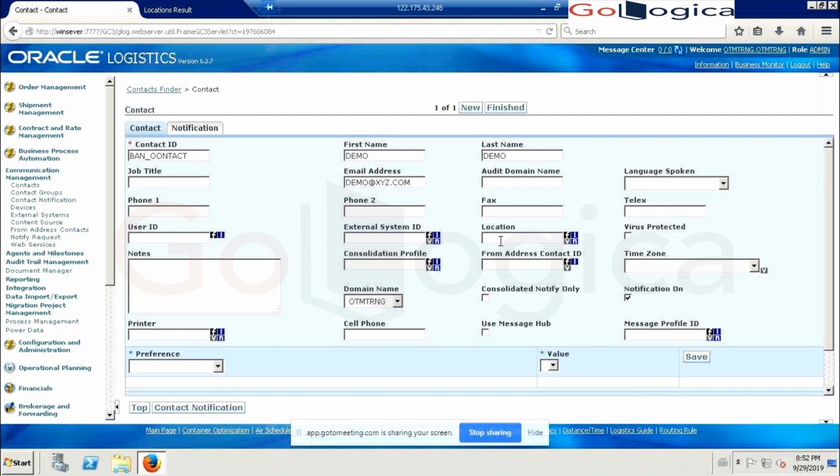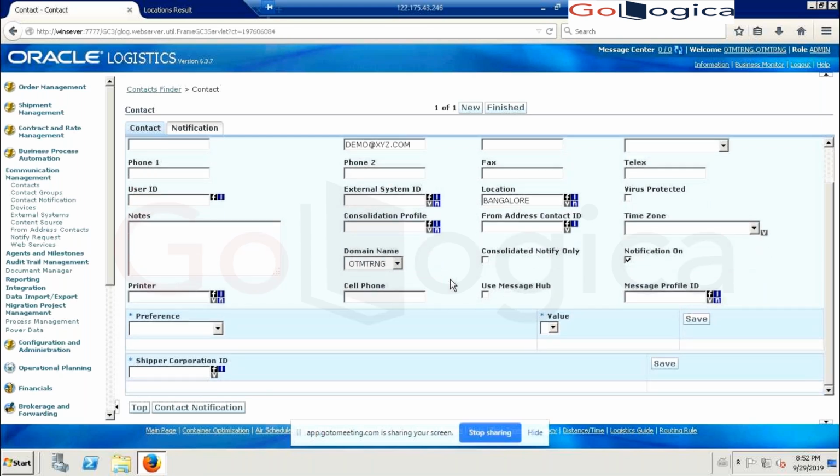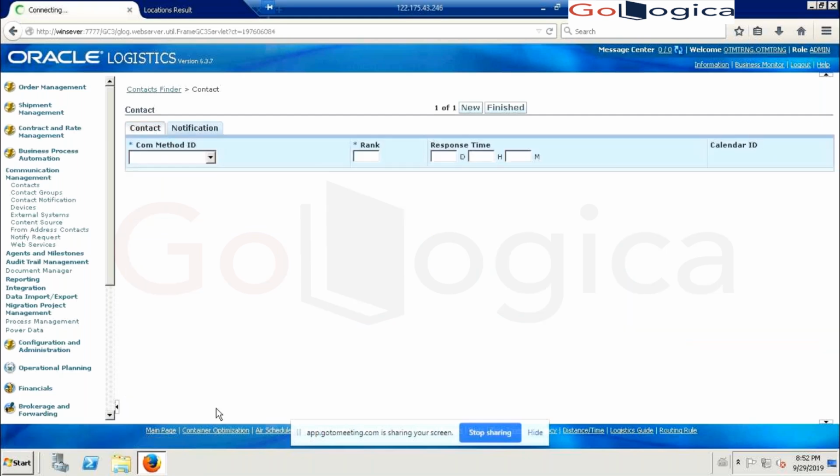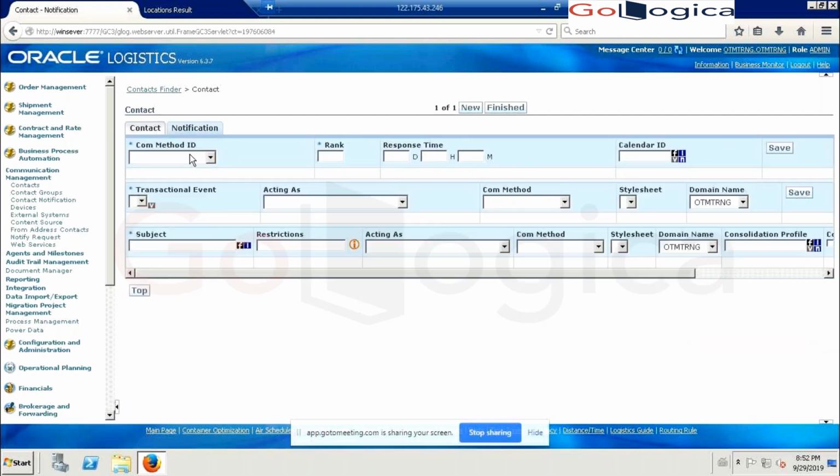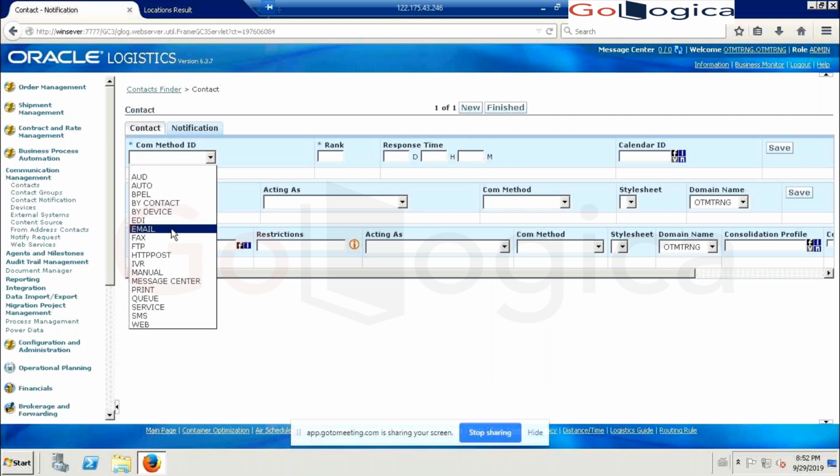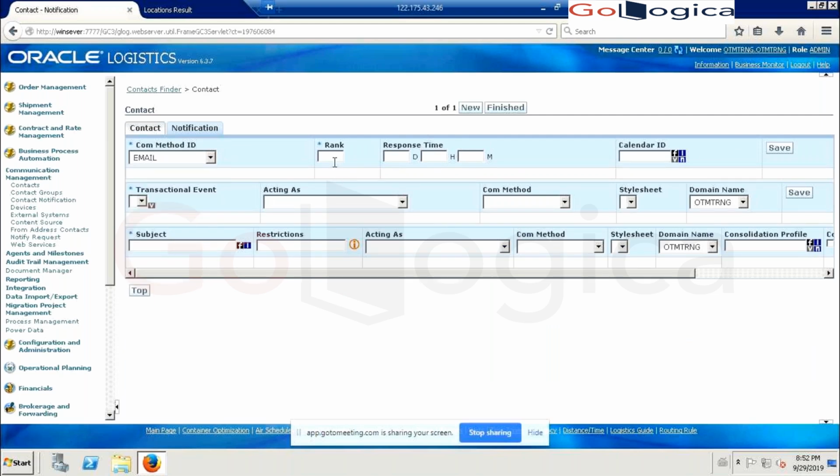On the location we have created Bangalore, right? So I'm assigning this to Bangalore. The rest of the information you can give if you want, or not. The notification part we have to define if you want to send any email or something. You have to define what the rank is, basically.